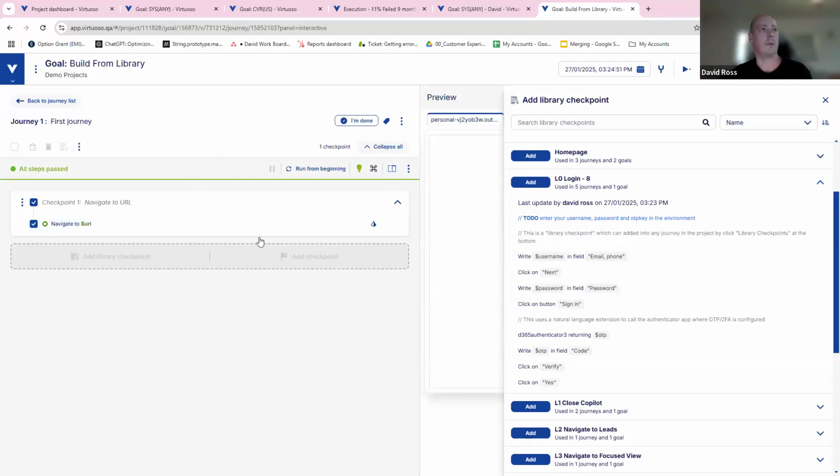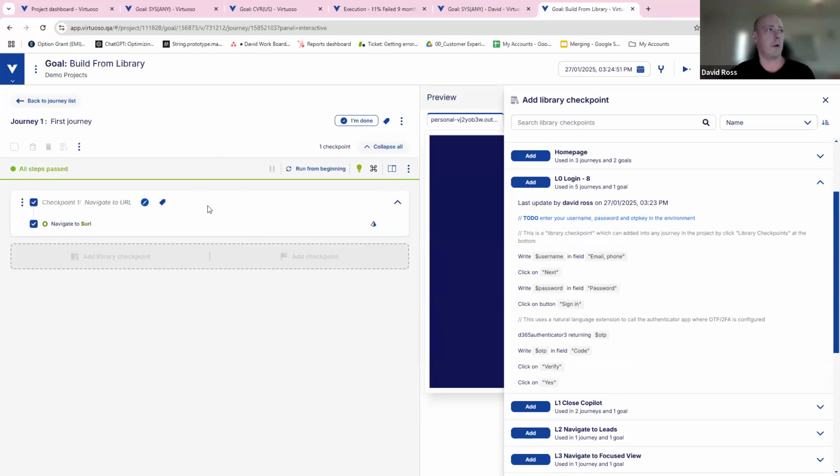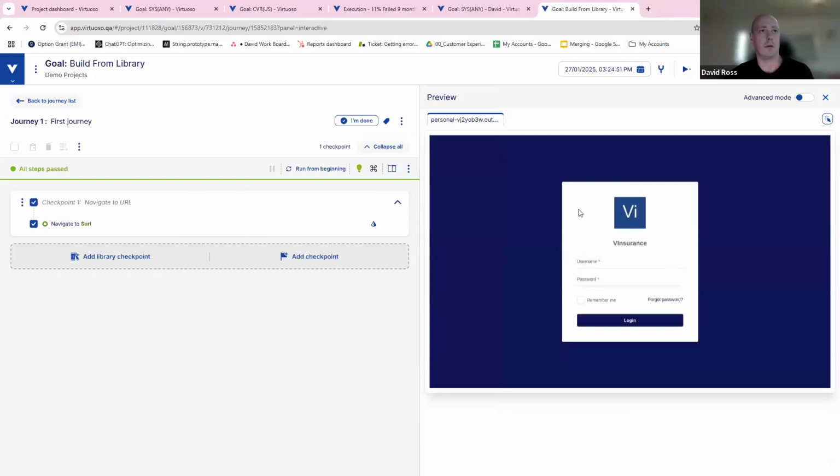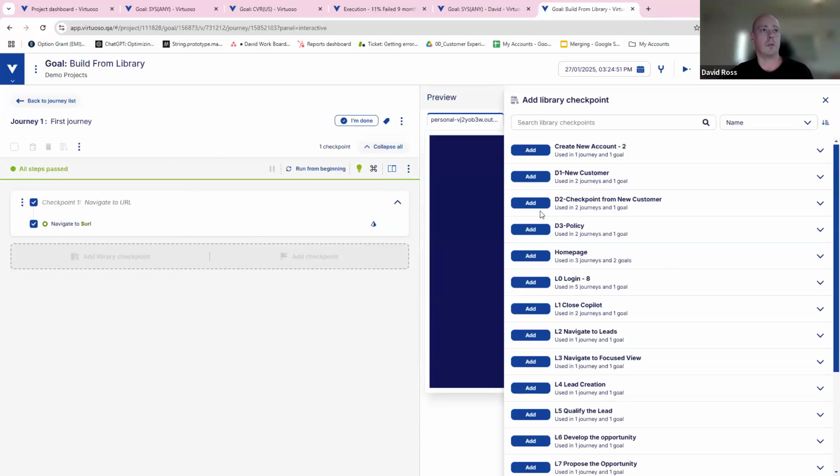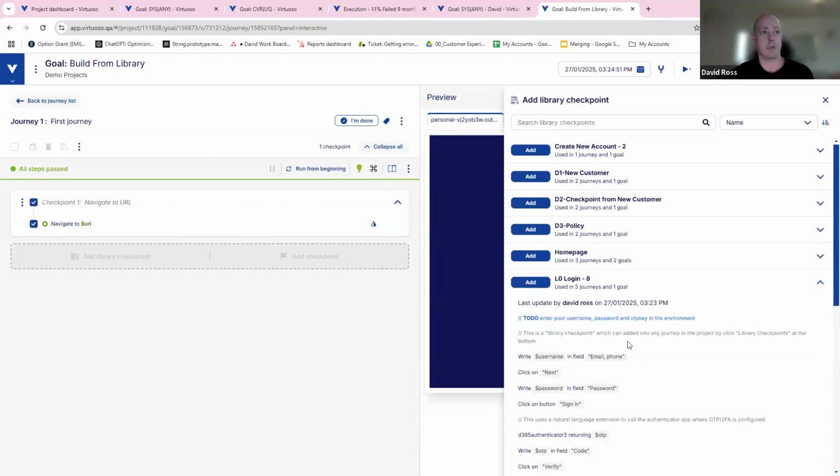So first of all, obviously we've gone to a landing page and we're presented with the login screen. So we'll just show that so you can see it. So we've got the landing screen there and we want to log in. So we just come to the library, we find our login step, and we can look into it to see what's actually in there. So we check it's the right one. And then